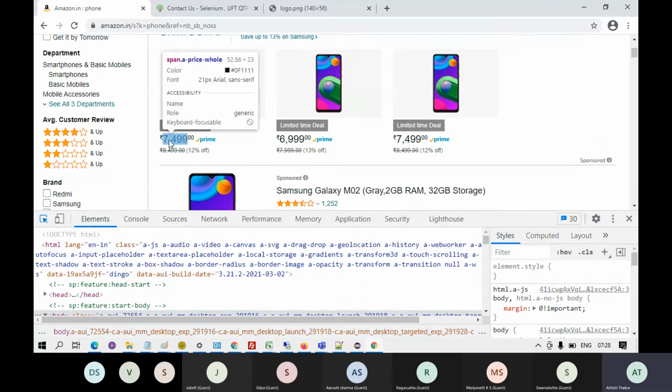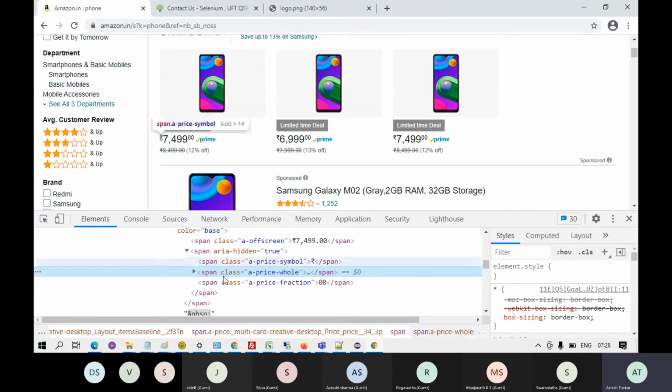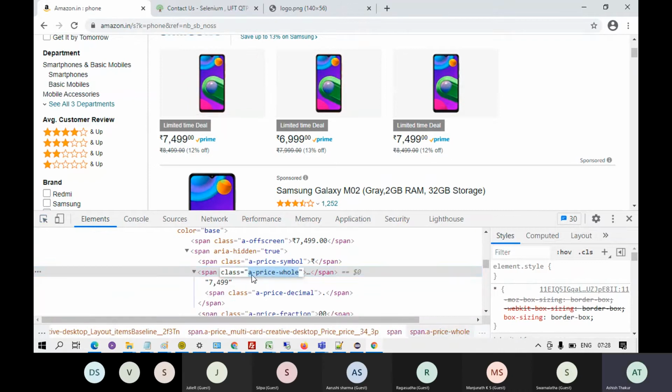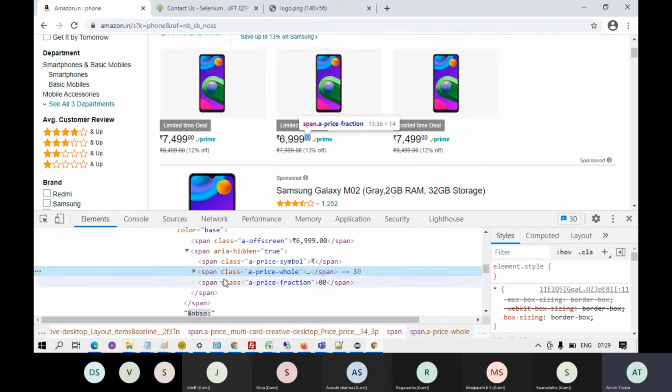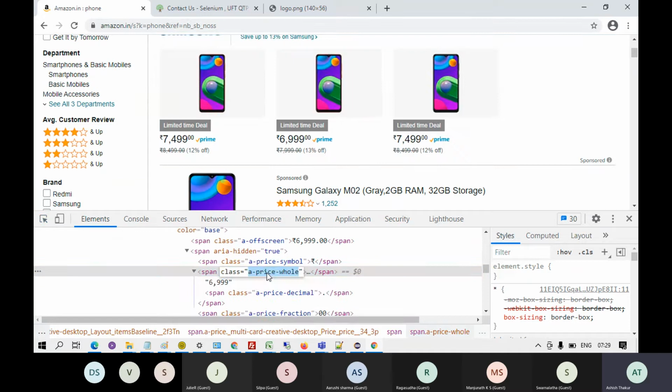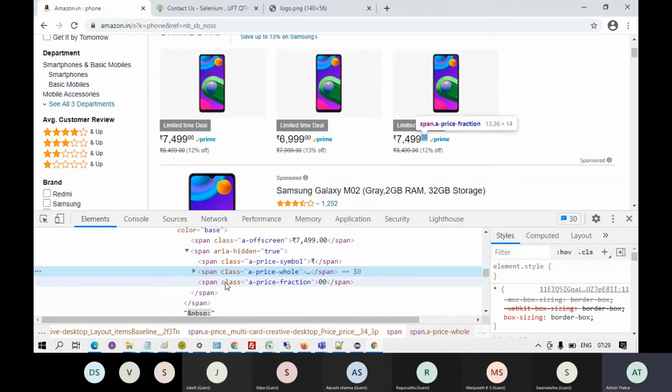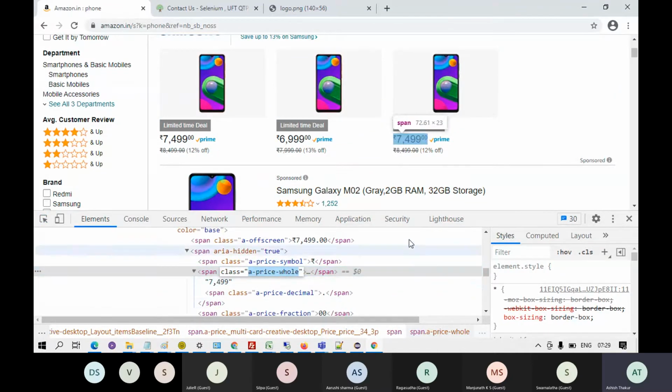If I identify this price, its class is a-price-whole. If I look at this element, this has also got the same class. And if I look at this element, this has also got the same class. Not the same price, it's the same class.